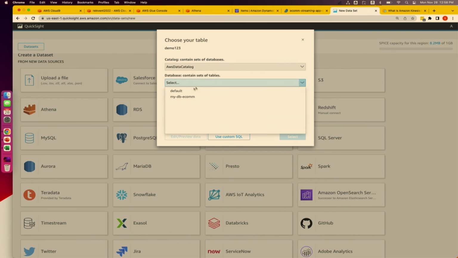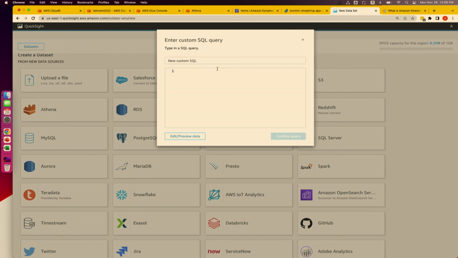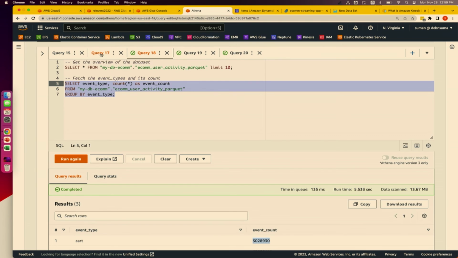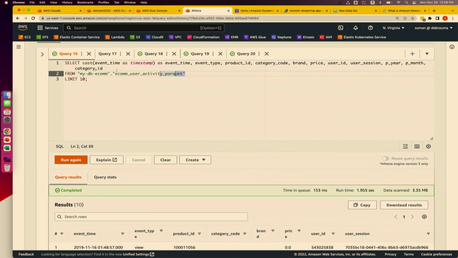Now I'm not going to select this table, because if I select this table, it will load the data as it is. But I can use some custom SQL query, right? So let me just copy paste one SQL query, and then I'll show you what we are doing there. Let me just copy this.